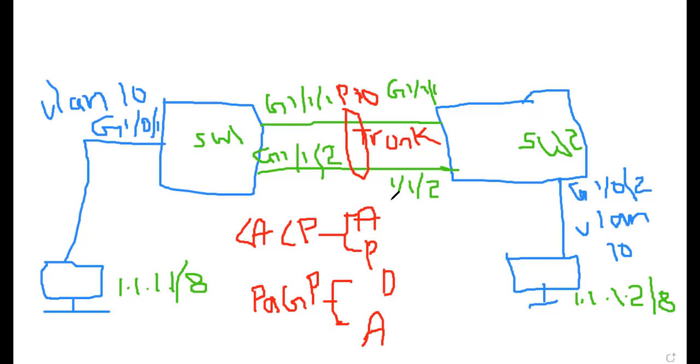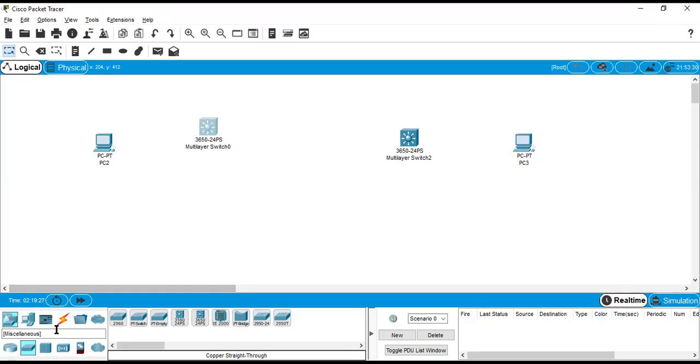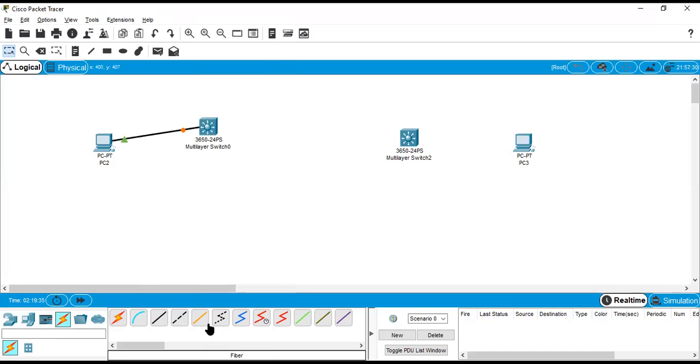So let's say we do similar settings in our design. We'll do the physical connection. Switch to PC, straight cable. Let's say G1/0/1. This one I put 2.